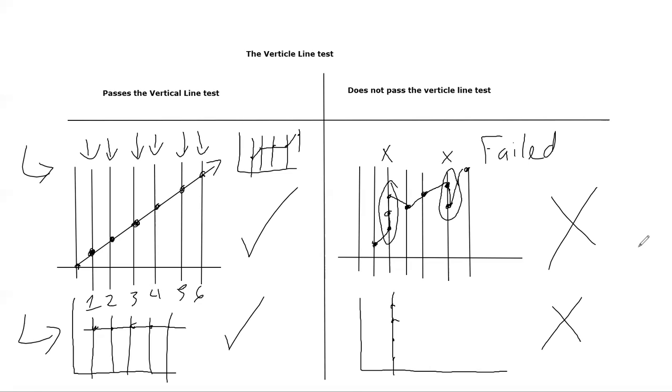Okay, so what about an entire vertical line? We've established that a horizontal line does pass the vertical line test. Does the vertical line pass the vertical line test? Only if there's only one dot on it. If there's multiple dots like this, if all the dots in the graph are in one vertical line, then that definitely does not pass. And again, this has to do more with the slope, because the slope of this vertical line is what we call undefined. That means that we can't actually calculate the slope of a vertical line, but the slope of a horizontal line